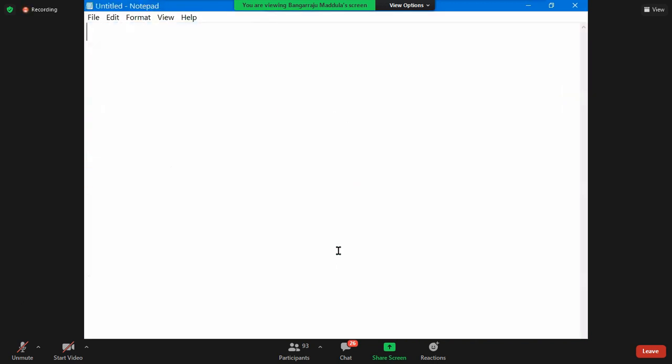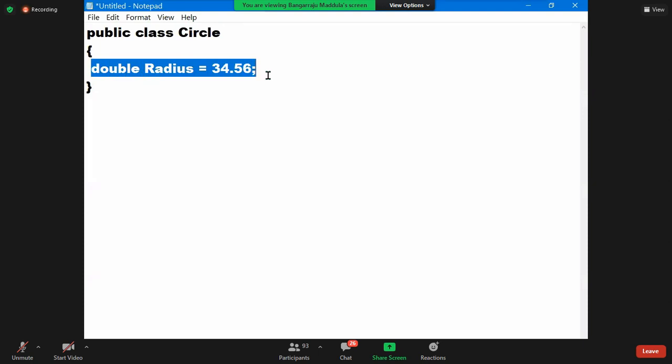I have a class like this, public class Circle. In this class, I'm writing double radius equals, declared like this. The class is public, anywhere you can create the instance, but the field is not accessible outside the class, it is private. And then our requirement is how to give access to the value outside.